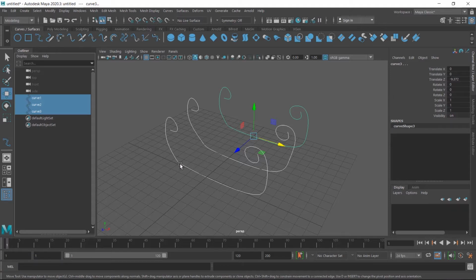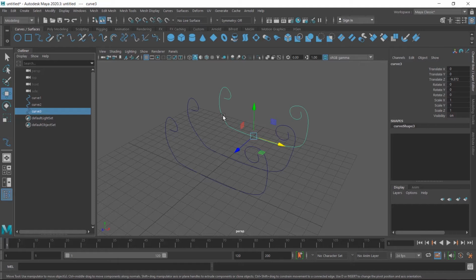If you select this curve first, the next time this curve, and after that you select this curve, the loft tool starts from the first shape, then goes to the next shape and then to the last selected shape. So it creates a messy surface and you will not get an appropriate result. So the order should be in a direction. You can start from here.